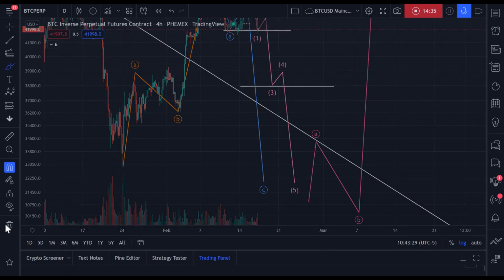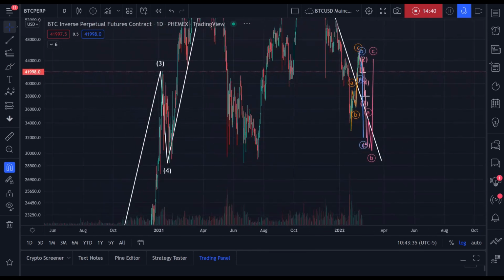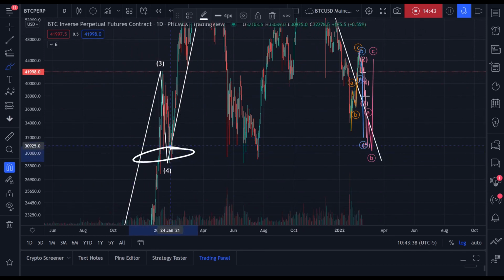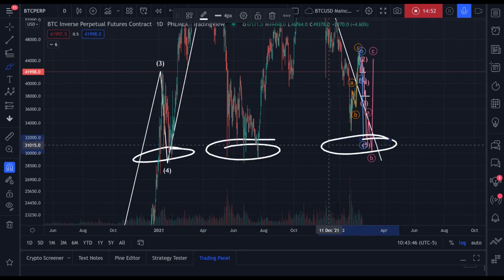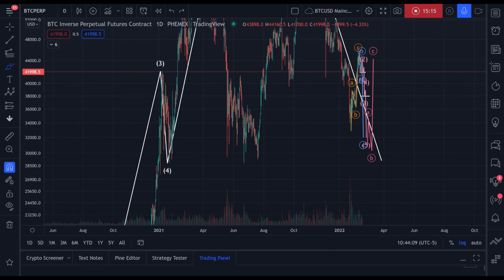Zooming out on the daily, you'll see, and I've shown this before, that many times in the past, Bitcoin has found support at this 30 to 31K level. In January, in the summer, April, June, August. And once again, I believe that we will come down to this level. Maybe, likely even forming a lower low, lower than this A wave, 33K, come down to the 30 to 31K region before making a small pivot into our impulsive wave to the 50K region. So that's what I'm seeing on the charts, okay?